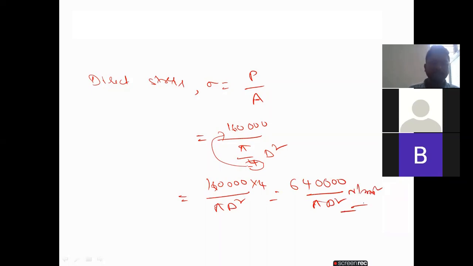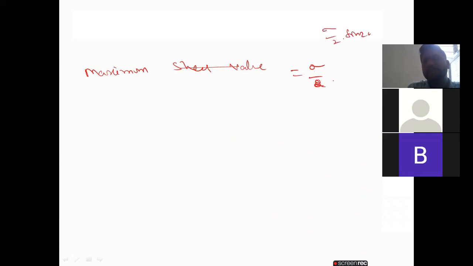So this is the direct stress. We have the direct stress formula as force by area, that is the load by area. The axial pull is nothing but 160,000 newtons and area is pi by 4 d square. And next, the maximum shear value. Yesterday in class I told you that it is sigma by 2. Generally it is sigma by 2 into sine 2 theta, the shear value. After that, if you enter the theta value, we get sigma by 2. Yesterday I discussed clearly. If you have any doubts, please refer to the RK Bansal textbook.